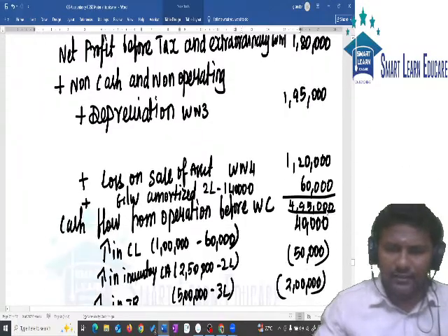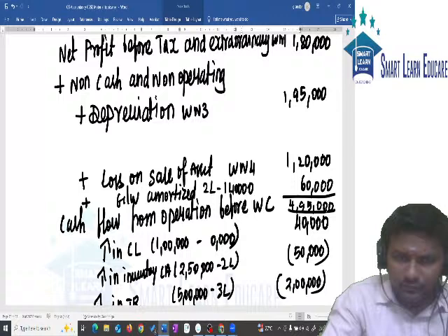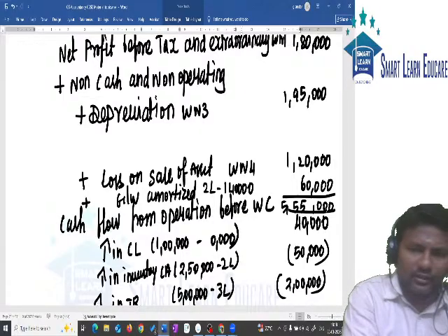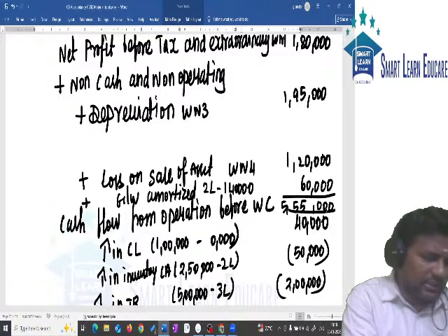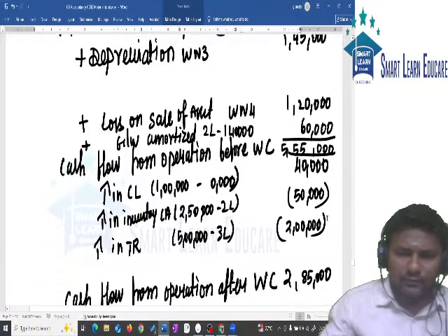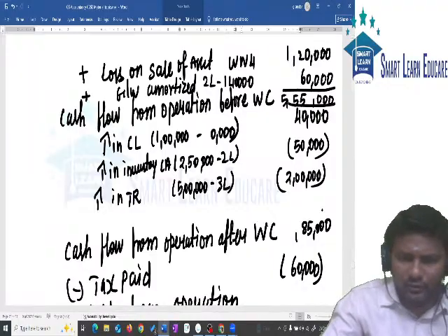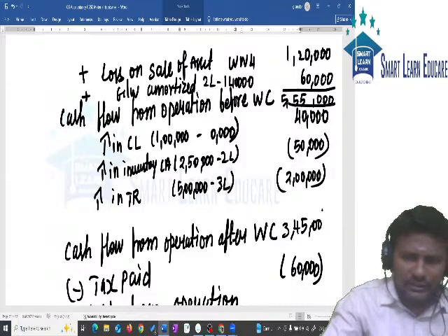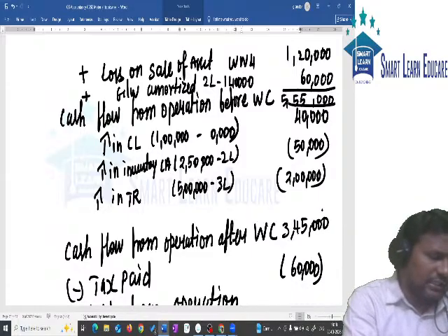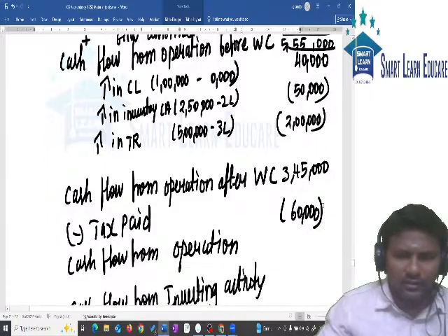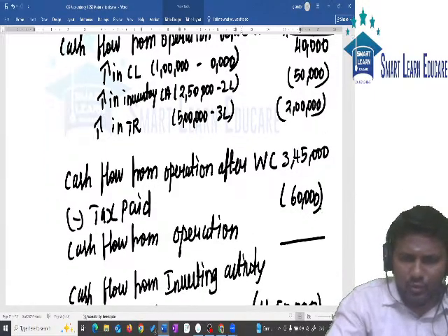This is 5,55,000. With 5,55,000 plus 40,000 minus 50,000 minus 2 lakh will give you 3,45,000. With 3,45,000 minus 60 will give you 2 lakh,